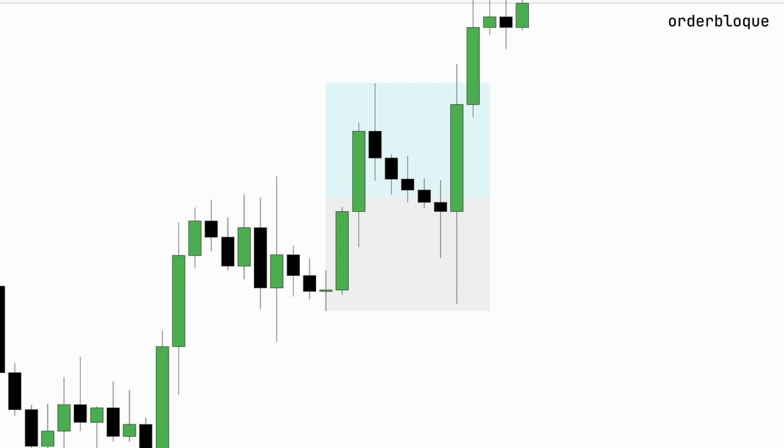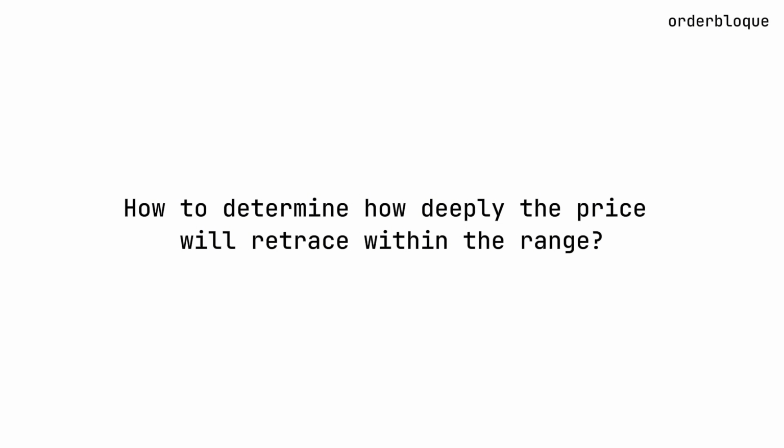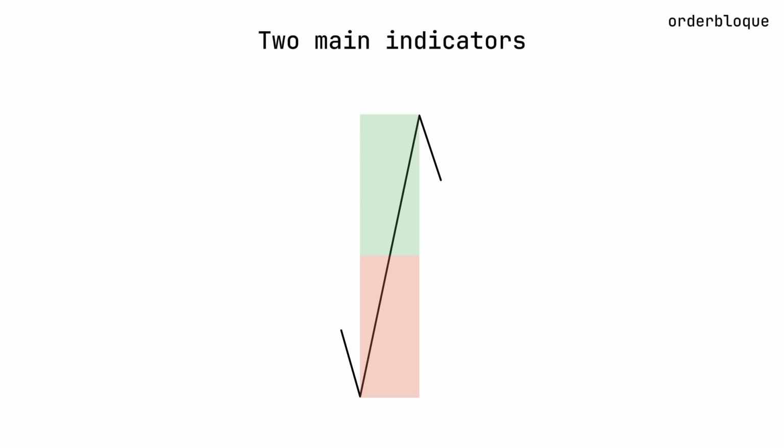To avoid prolonging this video, let's discuss the final topic: how to determine how deeply the price will retrace within the range. We'll talk about this in more detail in the next video dedicated to the topic of order flow. But here's what you should remember now. There are two main indicators by which you can determine that the price will receive a strong reaction in the context of the trouble area, which will lead to a deep retracement, or even, in some cases, to invalidation, regardless of whether it's a high-resistance dealing range or a simple dealing range.